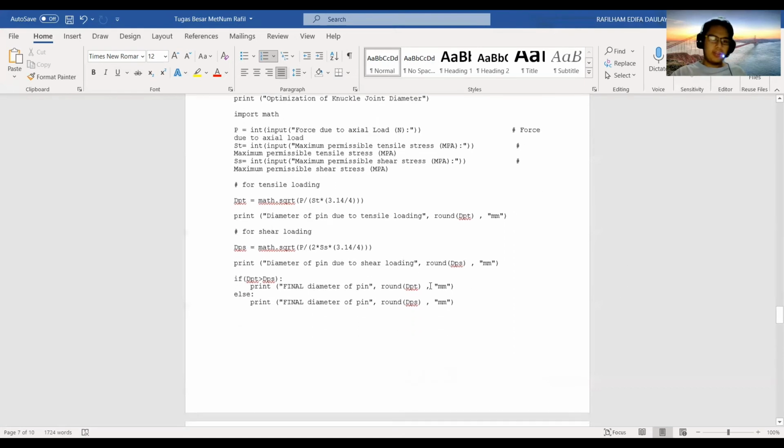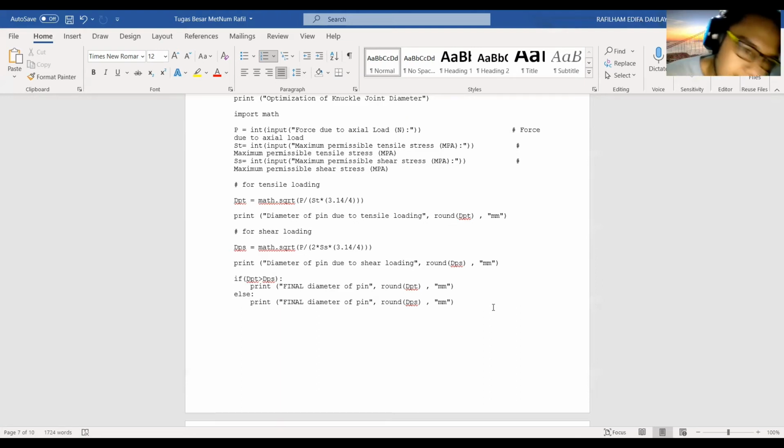And also what we need to highlight from this code is this if-else part. If dpt is bigger than dps, print the final diameter of the pin as dpt per mm. Else, print the final diameter of the pin as dps per mm. Okay, why do we need to do this?